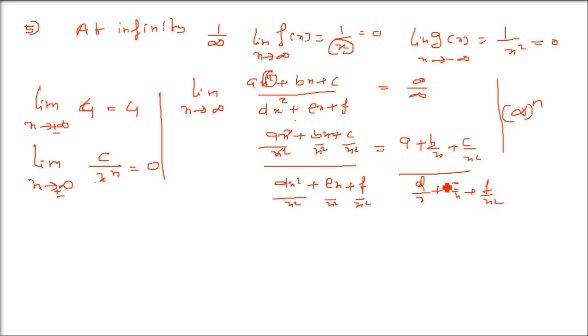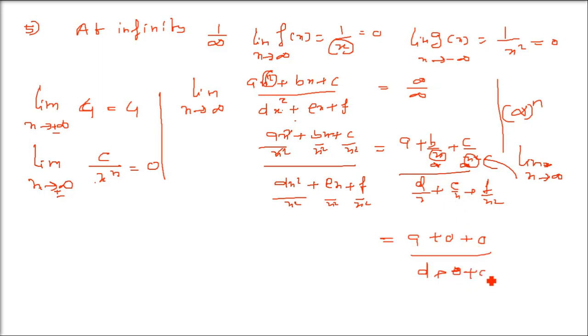Now the logic I explained earlier. If you apply limit x tends to infinity, I am writing on the right hand side, it is pertaining to this one. So x is infinite, so this b by x will be 0. Anything which has infinity in the denominator will be 0. Only a will remain. Otherwise, b by infinity is 0, c by infinity is 0. D will remain like this. E by infinity is 0, f by infinity is 0. So what do you get? A by d.